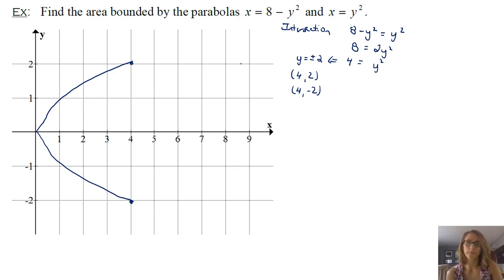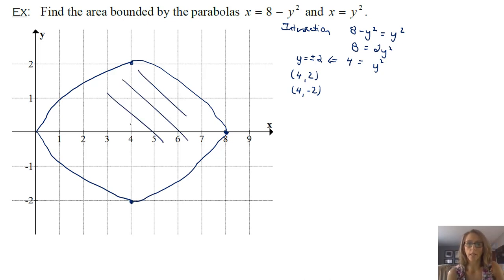And you can see that if y is 0, x is 8. So we get this point, and then we also know again that it has to meet up with the other values that we have. You don't really need to do any more than that, but if you put in y equals 1, you can see that you'll get x equals 7, so you could do something like this just to create the best picture possible. So it's going to come down. That's not great. I missed that point, but I think you get it. So we're trying to find the area that's in here.